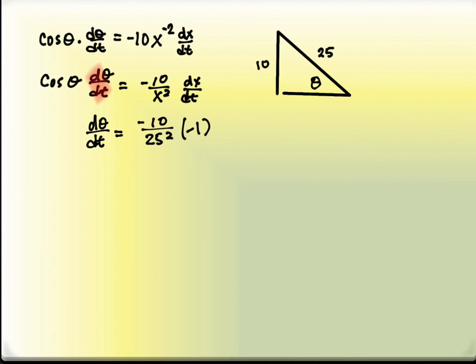What relates theta, 10, and 25 again? Sine. Yeah. So I can set up an equation, sine of theta is equal to 10 over 25 at this one moment in time. And I can find the theta that corresponds to that. Do you remember how you do that? Yeah, good job, Caleb. Inverse sine of 10 over 25,